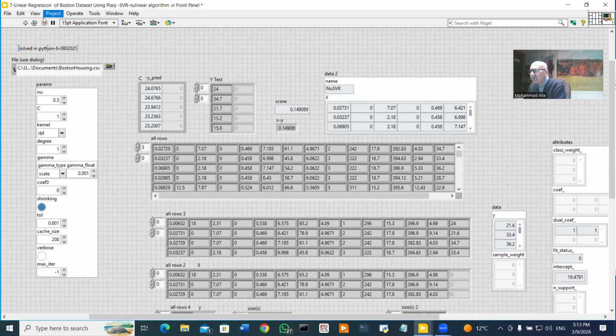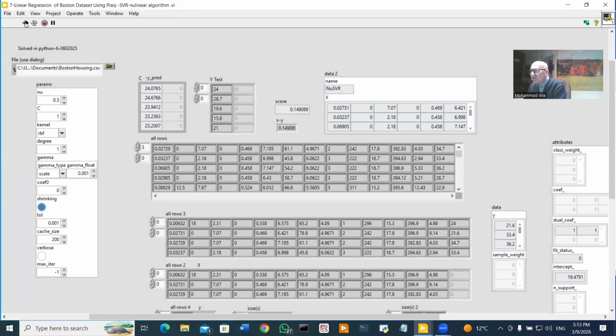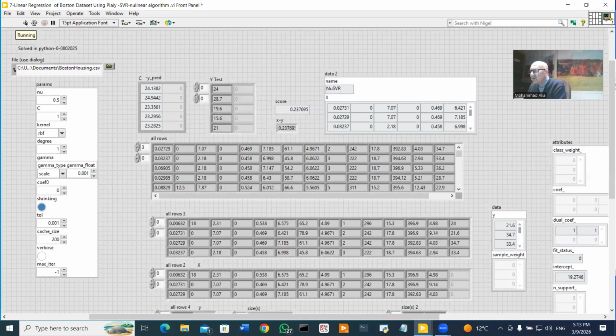And if we run it again, it is good, but not that good. Let me change the C from 1 to 2 or to 3, the coefficient to 3, for example. Now, not that good, but maybe